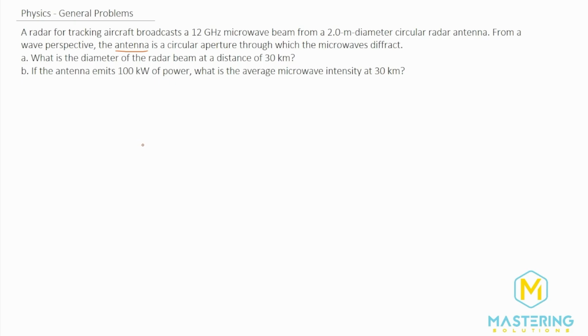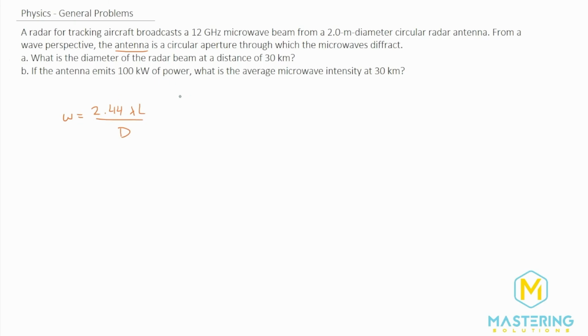So you can think of it as we're going to find the width of the central maximum and use that as the boundary for how far the diameter is of what we're looking at. To do that, we can use the equation W, the width of the central maximum, equals 2.44 lambda L over D. And it's already set up for what we're looking for.